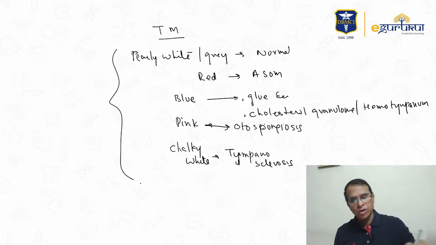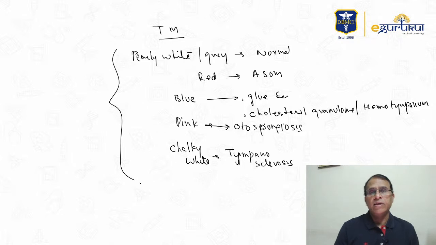If you want to note down, they can really help you in not only identifying the image, they can also help you make a diagnosis. If there is a clinical description of the tympanic membrane, they give a clinical history, they are trying to describe the tympanic membrane, then you can pick one of these, right?